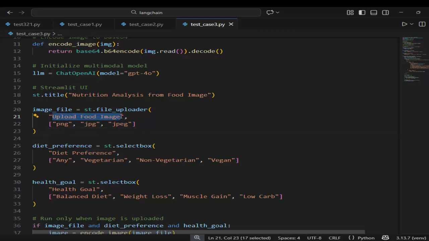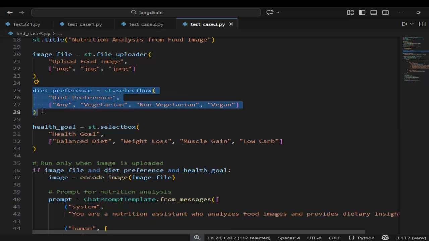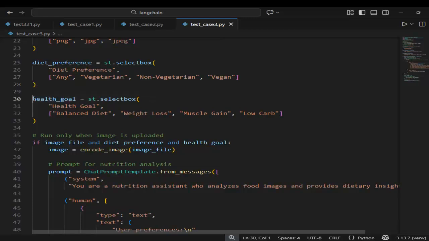Upload food image. Again we are taking input from the user. This input allows the user to specify their diet preference. This helps the system provide more relevant dietary suggestions. You can see: any, vegetarian, non-vegetarian, and vegan. Again here we are taking input from the user. This input tells the system what the user is aiming for in terms of health.